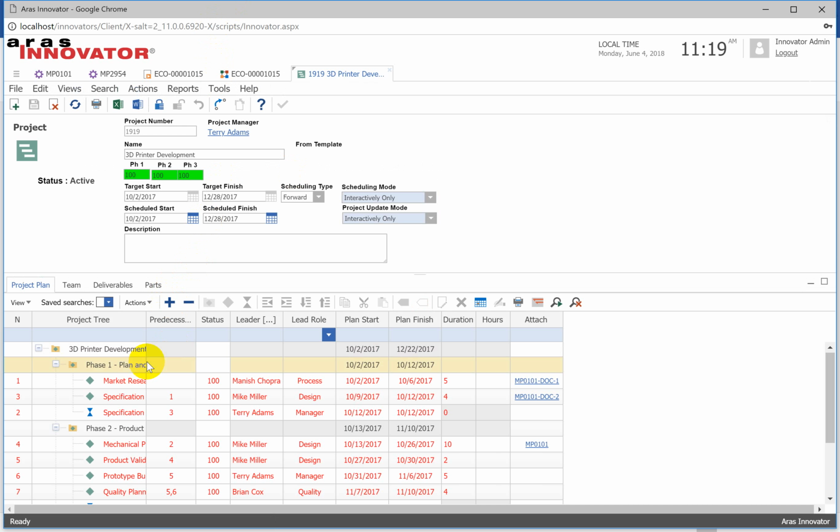It can include and track attachments as deliverables. So if one of the project tasks is to write a specification and it's been assigned to Mike Miller's in-basket, he will get a message to create this specification, with perhaps a template to use for the specification document that he needs to work on. And when Mike Miller completes that specification, he can then submit it through the standard workflow